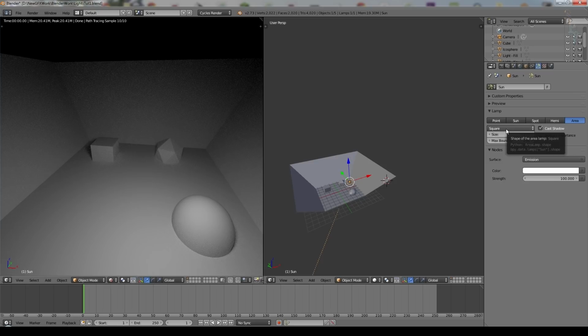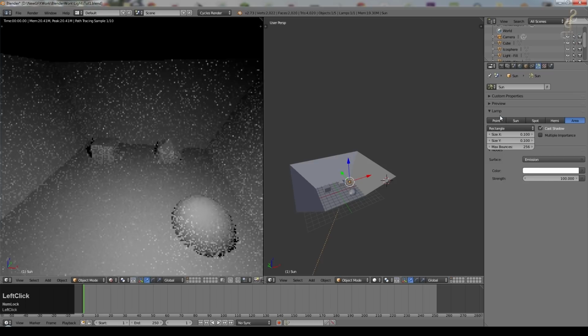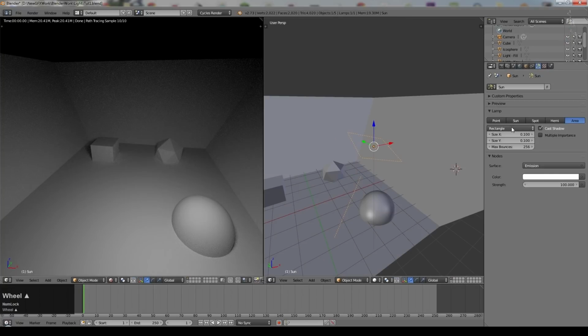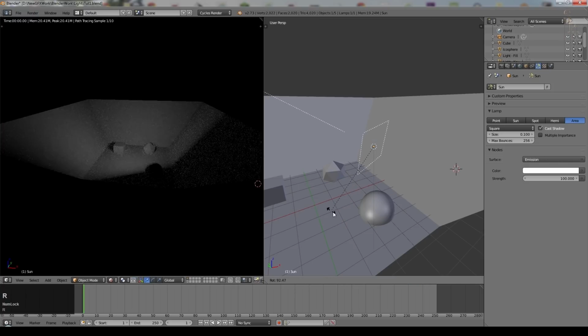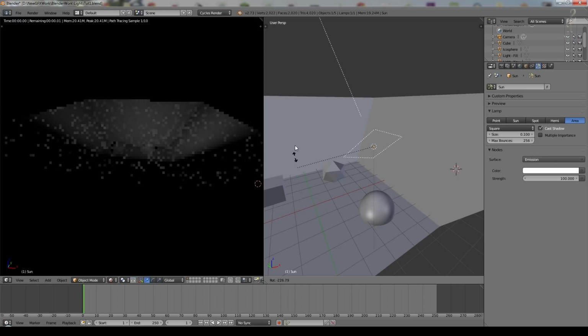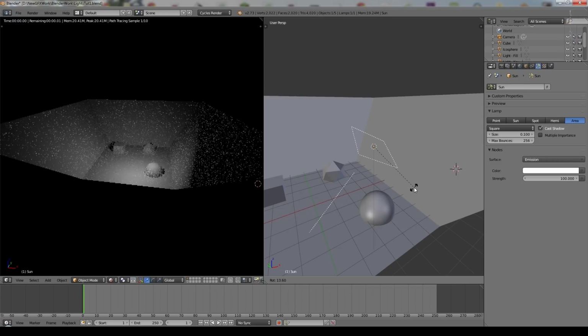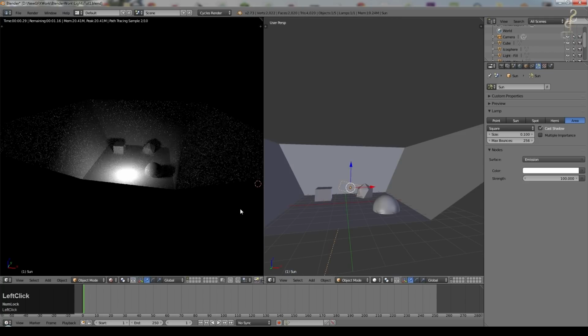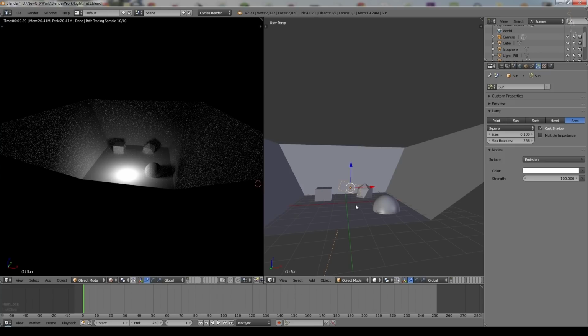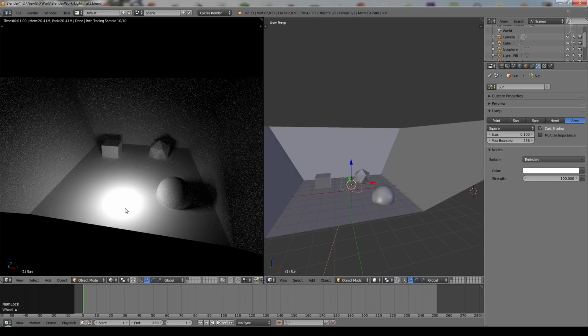You notice we can also control the shape. So we can have a rectangular shape to our lamp, or we can have a square shape. It doesn't affect this icon, it affects the way that the light is cast. So it's as if there's a square or rectangular lamp shining into the area. And if I rotate this, you can see, a bit like a spotlight, it is directional. So it doesn't shine from both sides of that square. It illuminates an area very much like a directional lamp would. And you can see again, as I approach this surface, there's a fall off because it's much brighter there now.